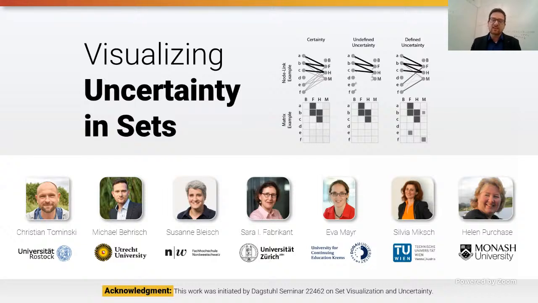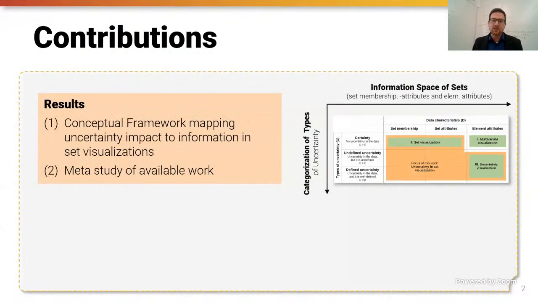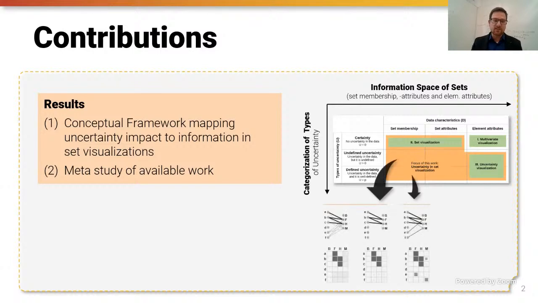So we investigated how to convey such uncertainty aspects in these scenarios. And so the result of this paper is actually a conceptual framework where we try to bring this entire research onto a more foundational level, where we wanted to map the types of uncertainty to what you can display in visualizations, in set visualizations. And very importantly, we investigated here several encodings that might work out very well for displaying uncertainty with respect to different data types.